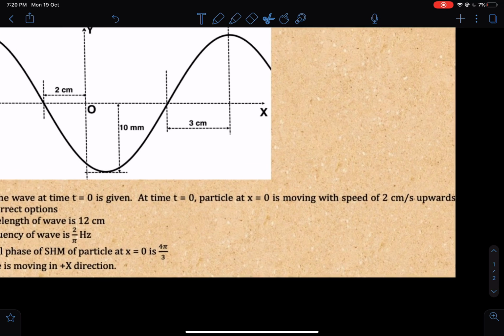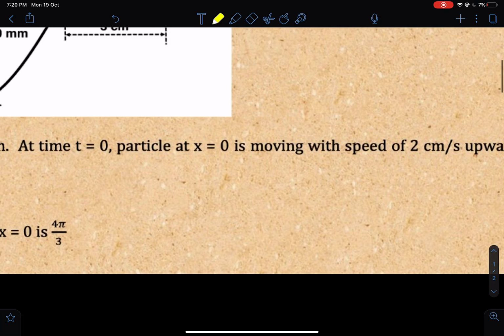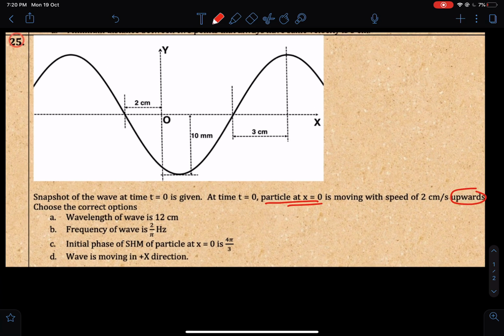That's very easy to figure out, because it is given that at t equal to 0, the particle at x equal to 0 here is actually moving upward. So you can shift the wave. Let's say we shift the wave towards right a little bit. So if we shift the wave towards right like this,